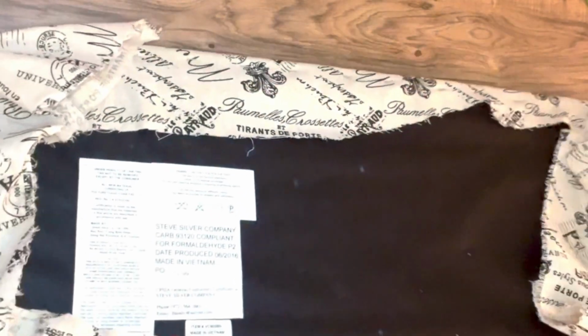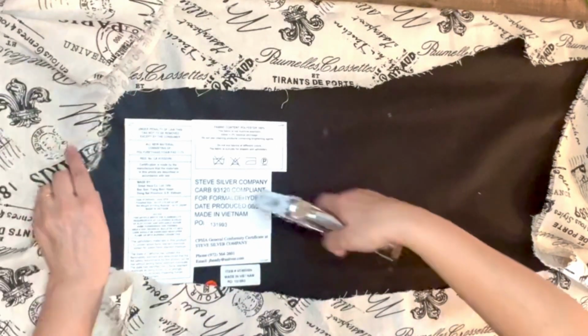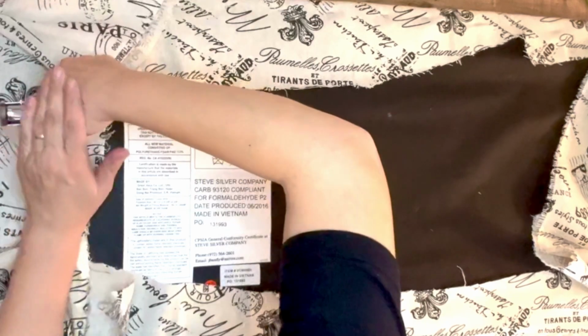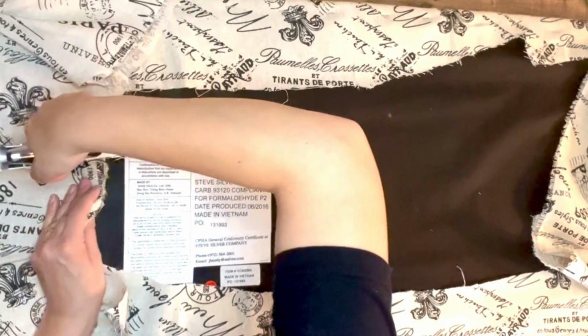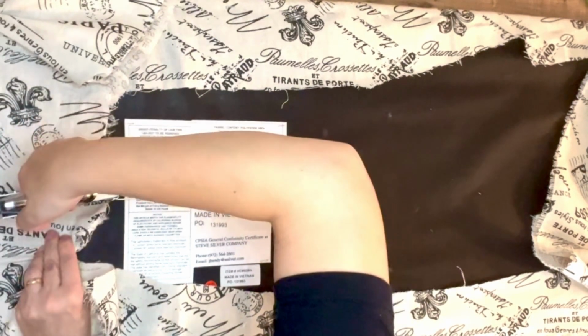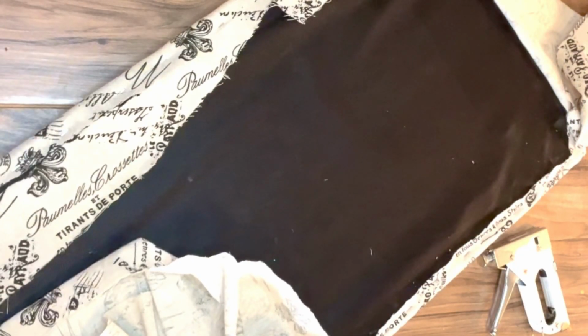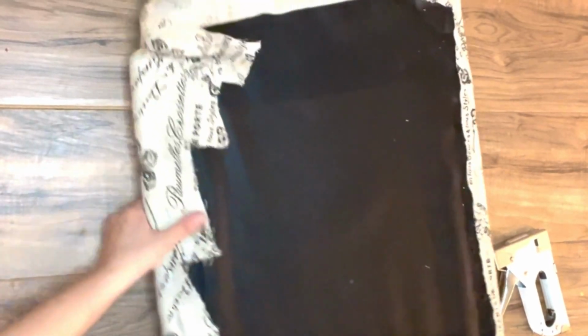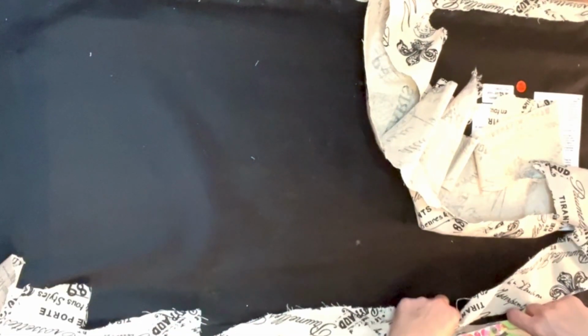Now that I've stapled each corner on each side and the sides, I want to see how nice and sturdy and smooth it looks. I'm adding extra staples on the side as well. And now I'm just cutting the extra fabric, but no worries, we can always repurpose this material